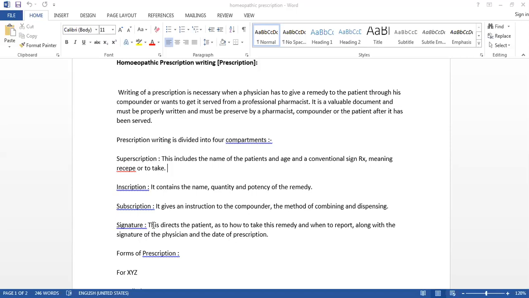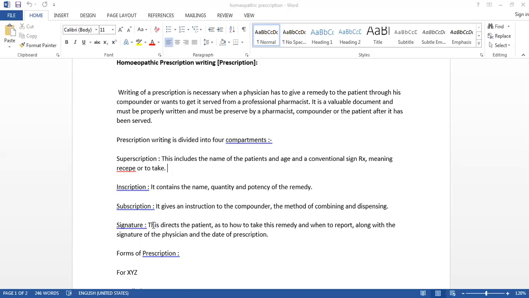If you want to give 4 times a day, then you will write quater in die. That is the Latin meaning of 4 times a day. If you want to give BD or BID, you will write bis in die, or you can write twice daily. So either in the form of English or Latin you can write. But it should have a proper form. If you write the abbreviations in Latin, then all the abbreviations should be in Latin. There should not be a mixture of English. In this way it should possess a simple form.